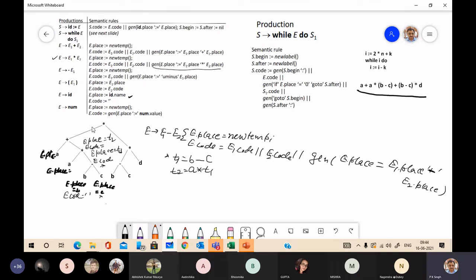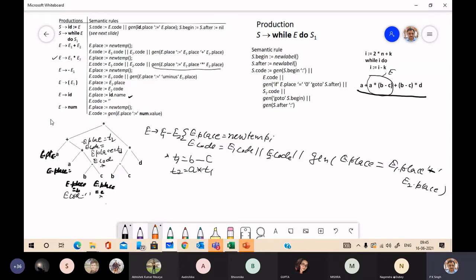Okay, so code for this much of this will be, so you may say, suppose now it is reduced to E. So E place is T2 for this sub expression, and E code is the code sequence, these two three address statements for this E. Okay, now what it will do, if you see, it will perform addition operation with this.